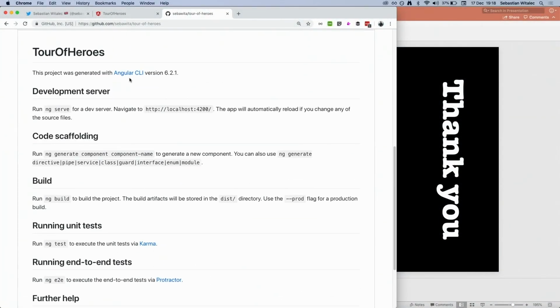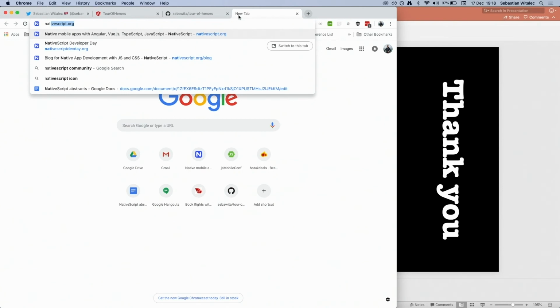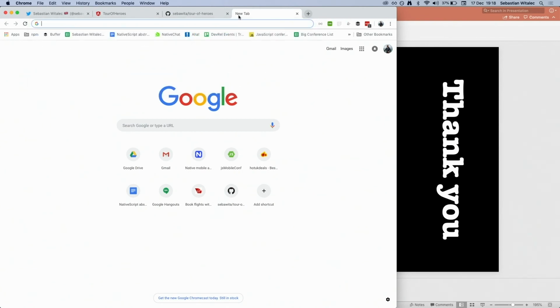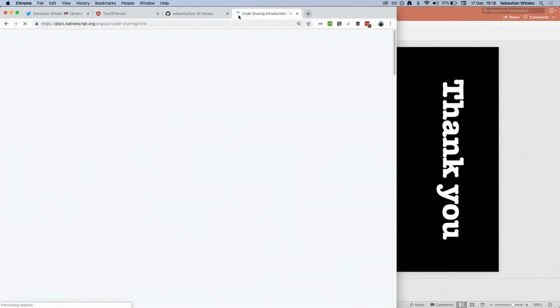So basically, the question was that you tried the repo that I shared, Tour of Heroes, and it was pretty clear how to build a web application, but it wasn't very clear how to build a mobile app. I think that's because I didn't actually migrate the README file, which is a good point. But one of the best places to go to find out how to actually do the code sharing and the whole migration